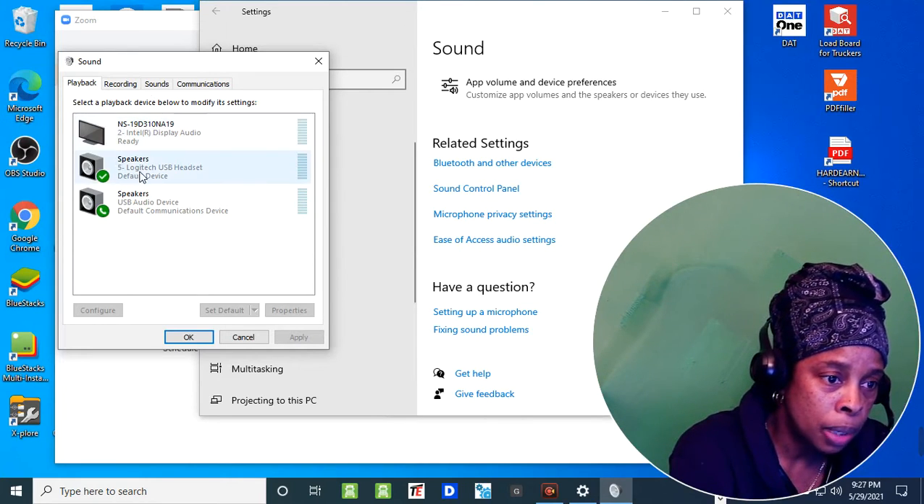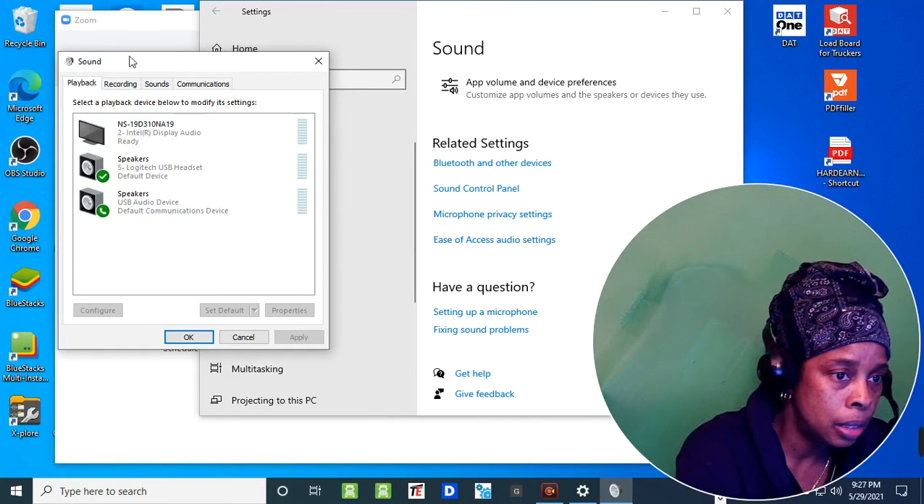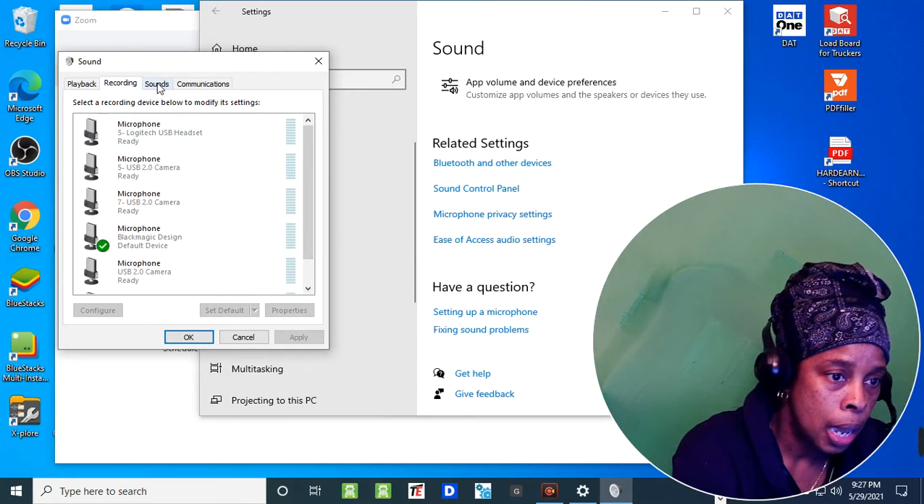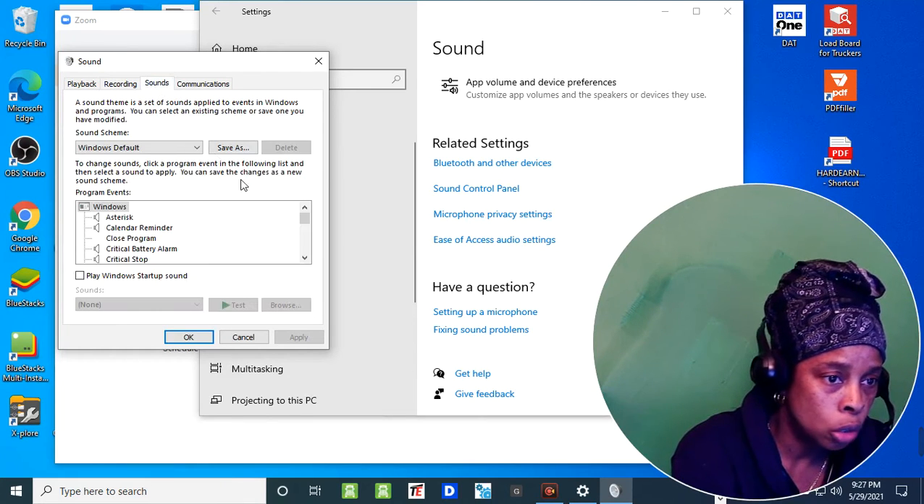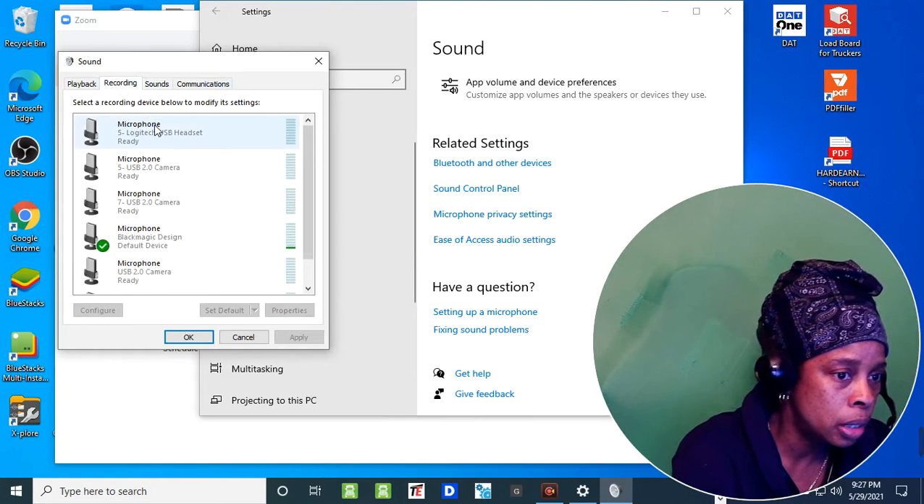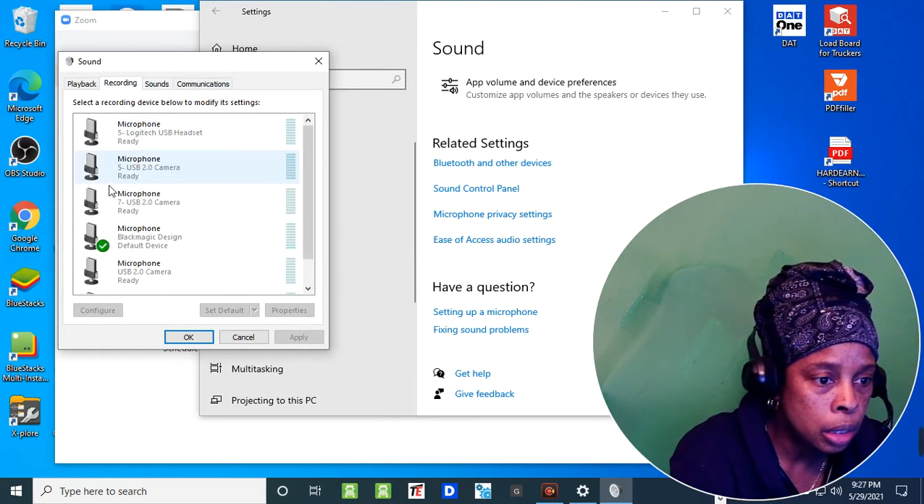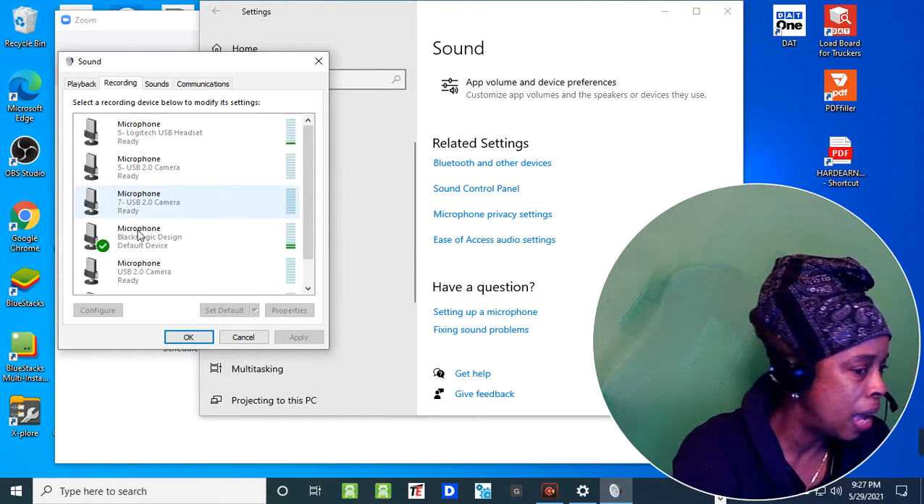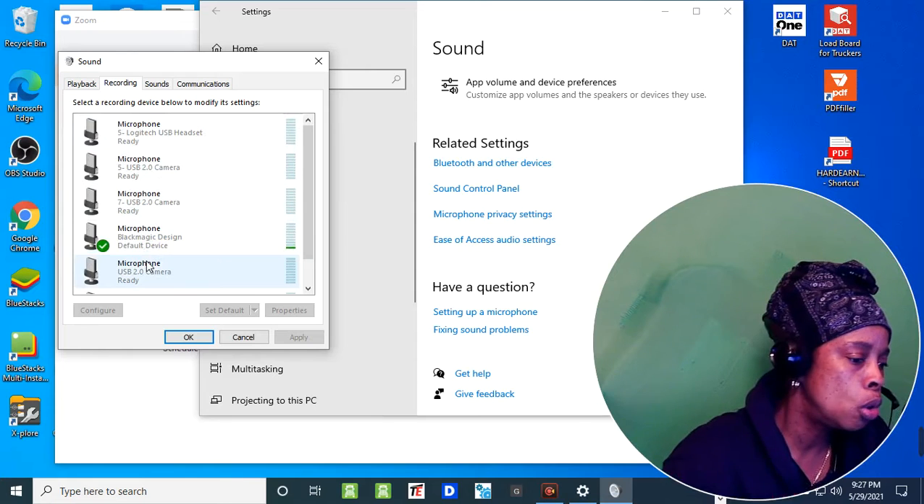You're going to do nothing in playback, so all that is set. What you're going to do is go over to recordings. Your sounds, you're not going to mess with that. Your communications, you're not going to mess with that. You're going to go to recordings, and each one shows your microphones that you may have hooked up to your